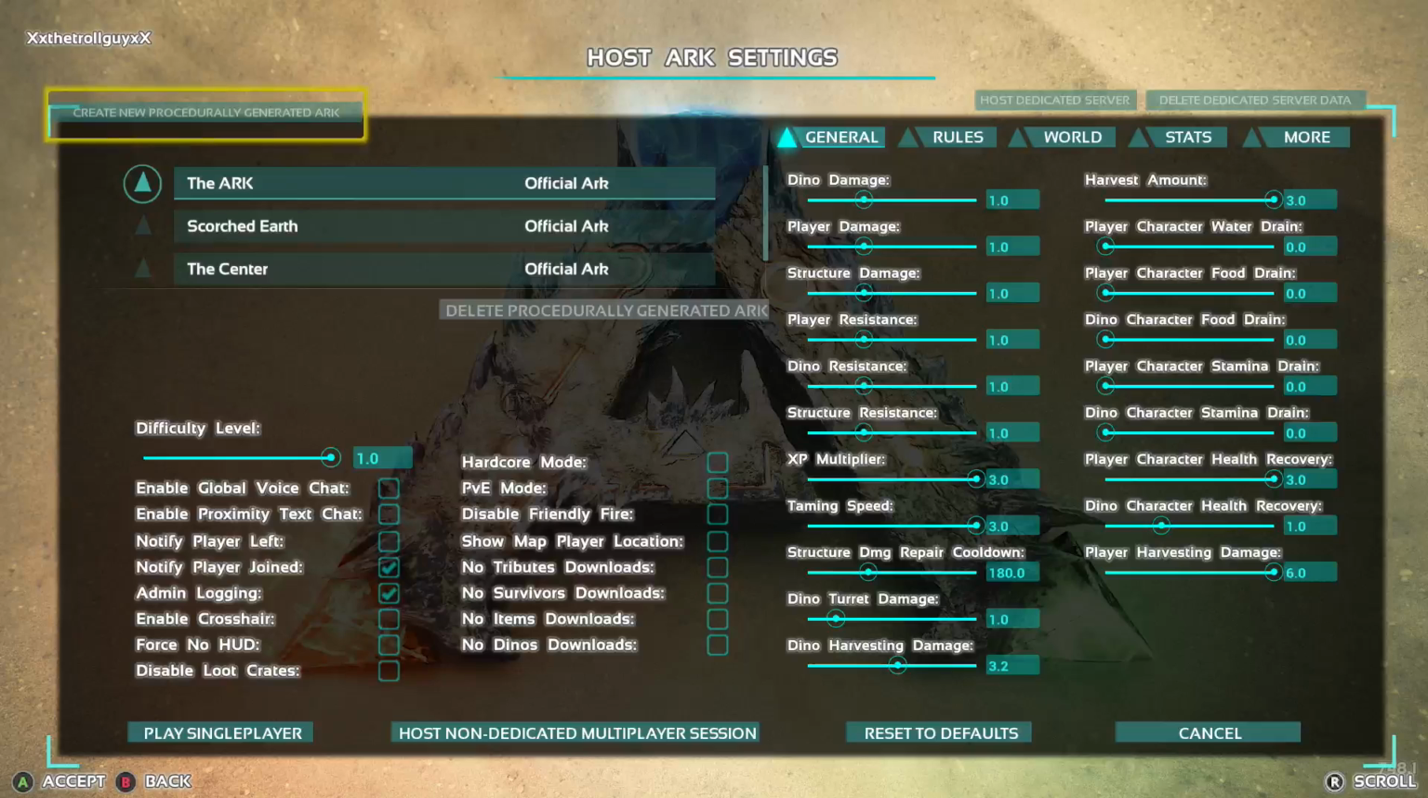Now today's video is going to be showing you guys everything about the settings for the new randomly generated Arks on the Xbox One, explaining them all to you, everything that you need to know when you are creating